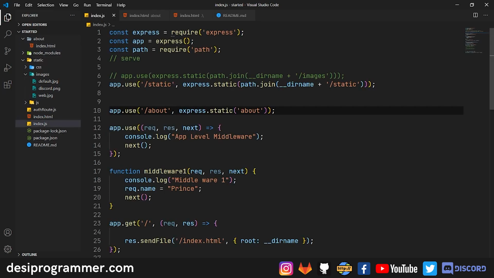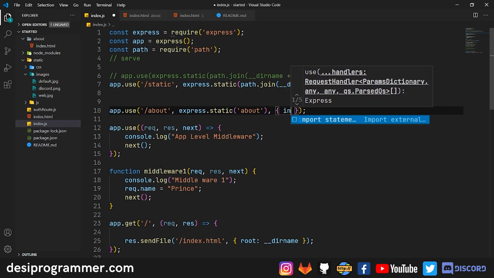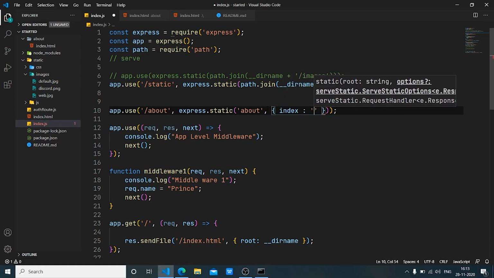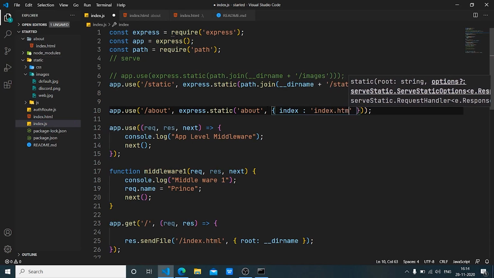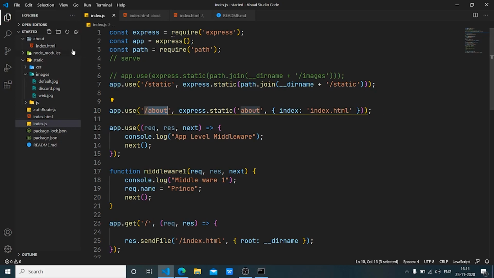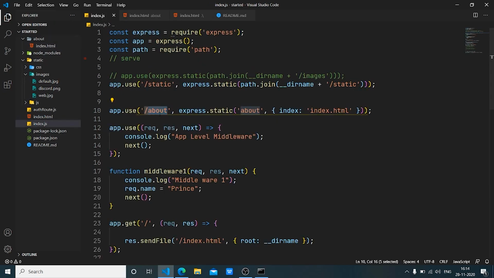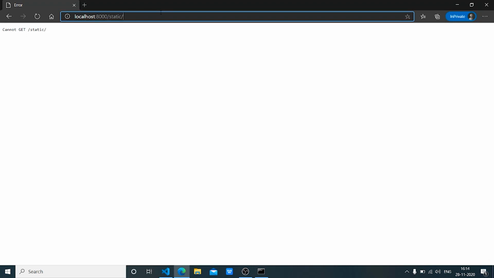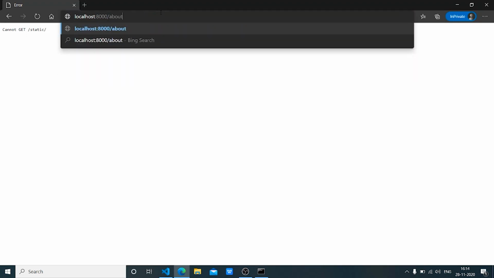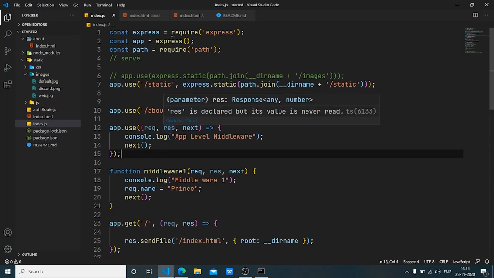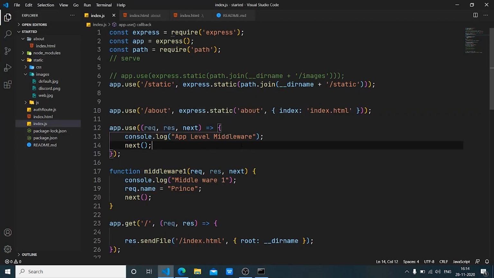Now what basically happens is that if I give it extra options like index, here I can pass the string that we want to share as the index file, so index.html. Now let's save this. So what basically happens is that if I go to this particular path, this index.html will be served. So I can have something like an h1 saying about in my about directory. If I go back here and go to /about, then I just get this about page. But this isn't something that we'll be mostly doing, because we are talking about Node.js, that's a server-side language. So we won't be talking much about creating or rendering static websites or static pages.